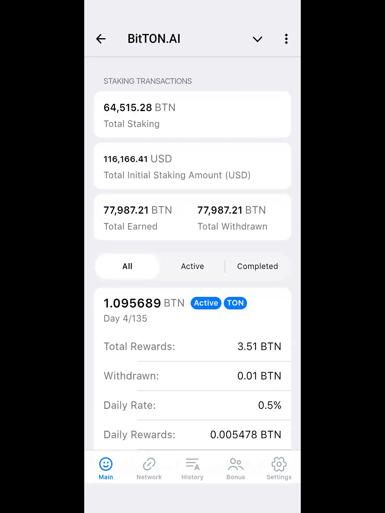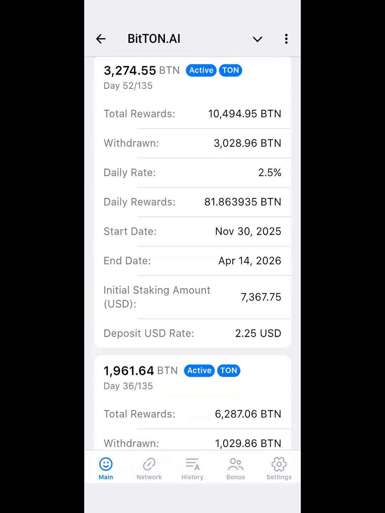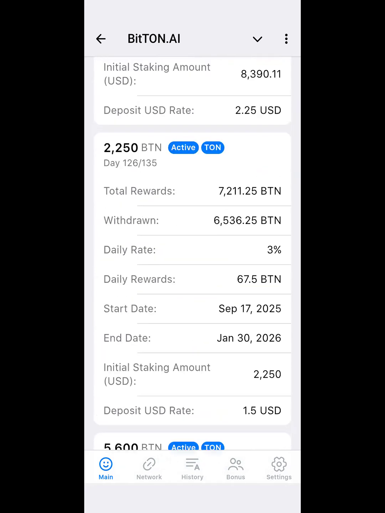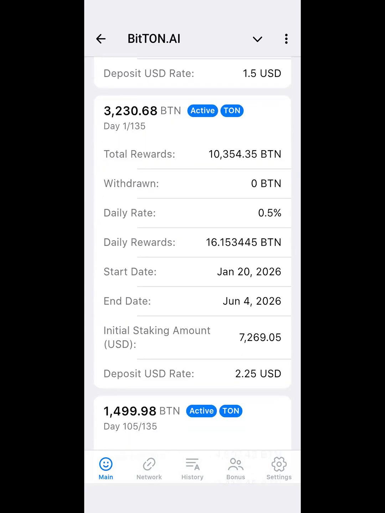Let's go and look for it. It's going to have just 1 day, because we just did it today. This is it. 3,230.68. And that is giving me 16.15 BTN because I'm on 0.5. Don't forget that your reward earning progresses up. You start with